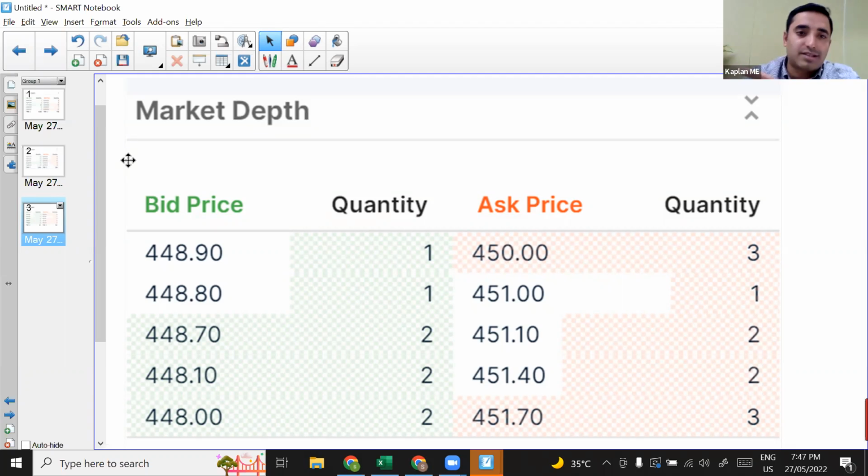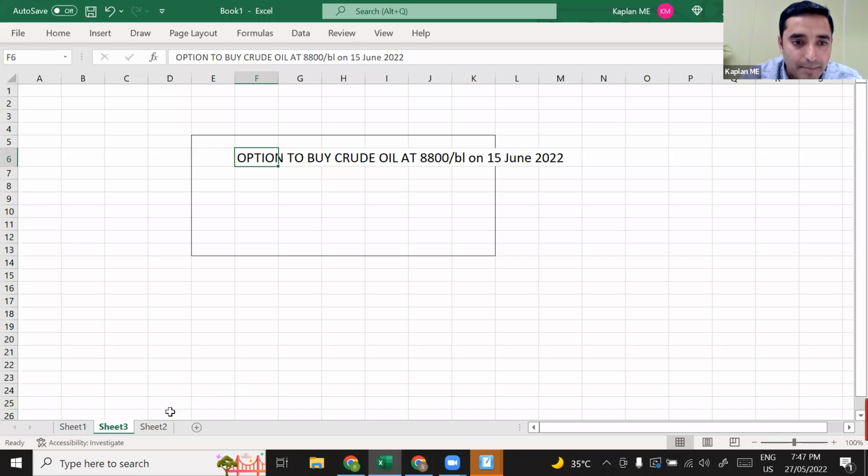Now imagine if Sanders has decided, I want to buy the option. So if Sanders has to buy it at this price, 450. Clear? So what will happen here is